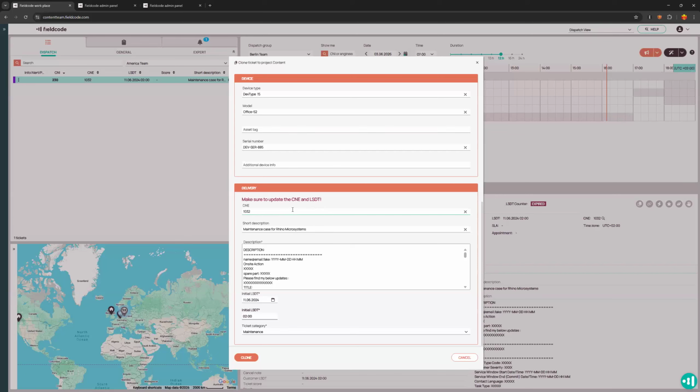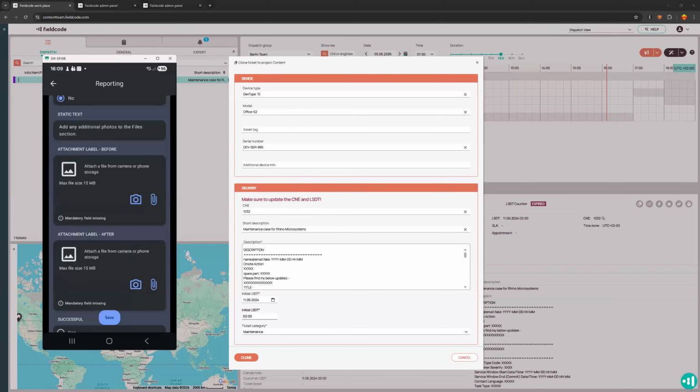It's a great way to remind your team of certain things that need to be filled in, or just to clue them in on what your expectations are for the upcoming fields within that. This can also be applied to reporting forms, but it does appear a little bit differently in the FMA. If I go ahead and pull up my phone here, this is what it looks like